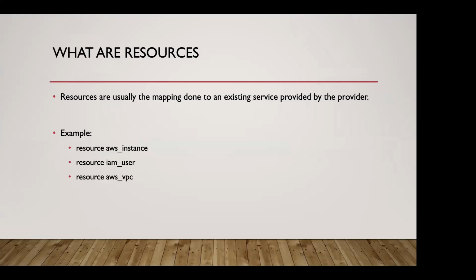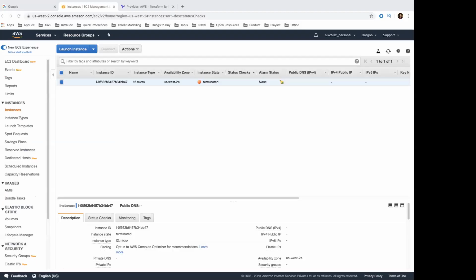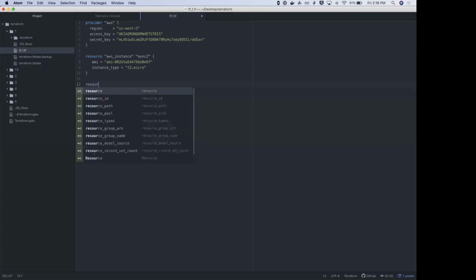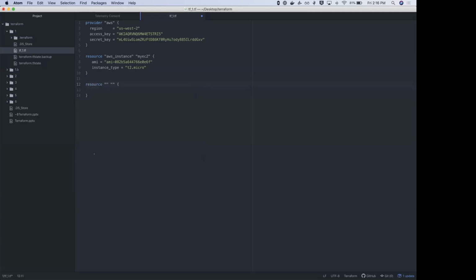Even things like an AWS instance are a resource. Your IAM user is a resource, AWS VPC, and a bunch of different sets of resources. If you look at the Terraform file itself, let's create a new resource, and you'll actually get to understand this better.